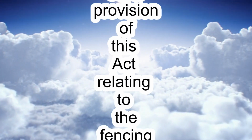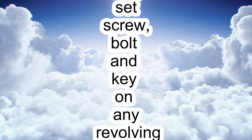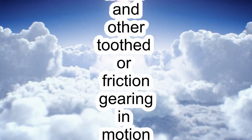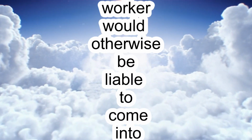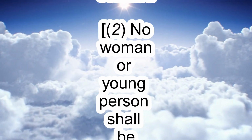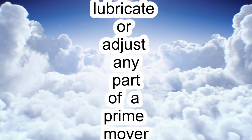(b) Without prejudice to any other provision of this act relating to the fencing of machinery, every set screw, bolt and key on any revolving shaft, spindle, wheel or pinion, and all spur, worm and other toothed or friction gearing in motion with which such worker would otherwise be liable to come into contact, shall be securely fenced to prevent such contact. 2. No woman or young person shall be allowed to clean, lubricate or adjust any part of a